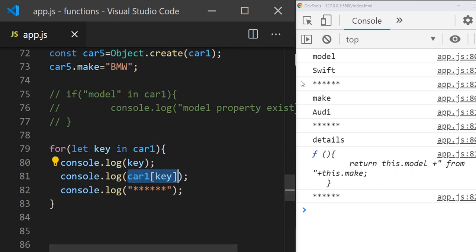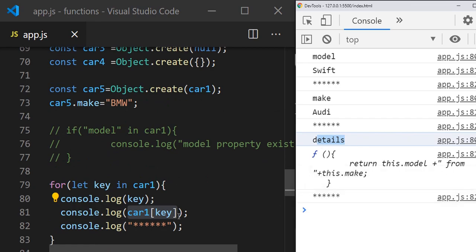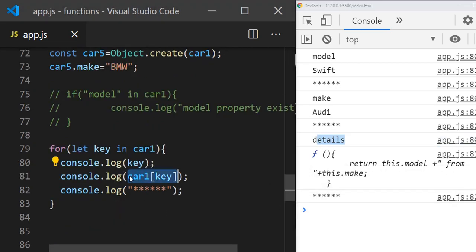So what is that? Shift is the value. Same way, second time it will come and it will say make, and what is the value of this one? RD. Third time it will come and details is the property it has, and it will print the details, and the details value is a function. So this is how you can iterate.